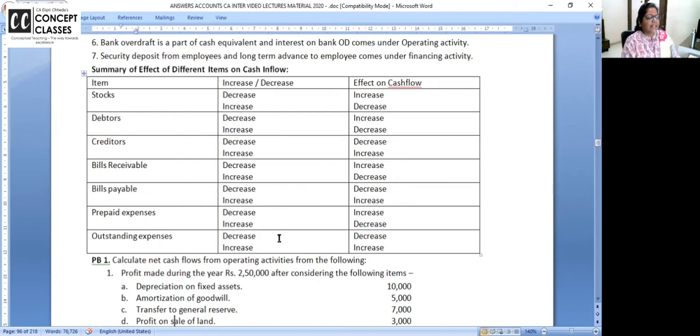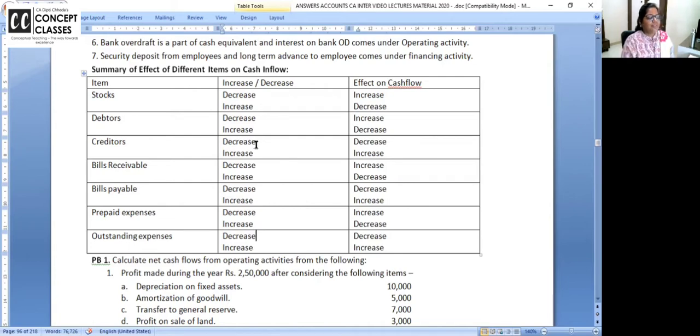Right? I'm taking now another example. Outstanding expenses. For example, you had to pay salary 20. Now your outstanding salary is only 2. That means 18 rupees of outstanding salary you have paid. So if outstanding salary is decreasing, cash is also decreasing, money is going out. See where my cursor is. Outstanding expense decrease, cash also decrease. Outstanding expense increasing. They were like 7 and now they are 70. You got more time. You got time to pay 63 rupees more. Increase in the cash.